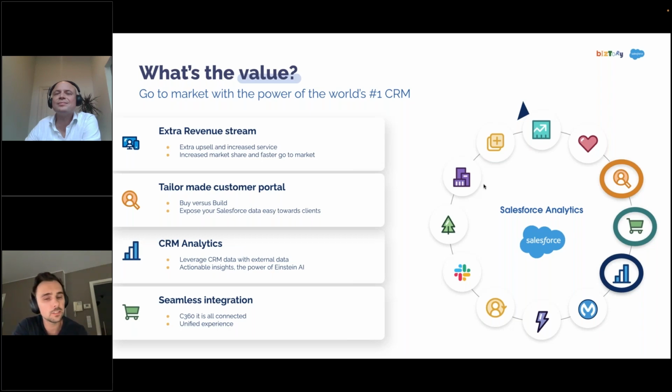Again, this Experience Cloud, if you already are on Salesforce, you can just expose it. You can actually start very fast with it. It's a drag and drop environment, typically low code, no code. And it really helps in achieving the goal of monetizing your data, knowing that we all have a lot of data sitting there. It's also a tailor-made customer portal, meaning we know that Hans is logging in.